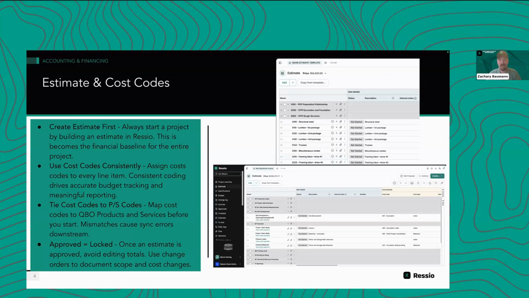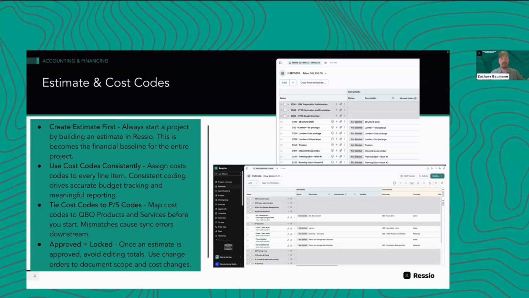That gets set when you lock the estimate, and then your revised, approved, and committed columns are going to track from everything you're doing during that time. Don't feel afraid to start creating purchase orders and things like that before that lock moment, because that tracks separately as a committed cost.